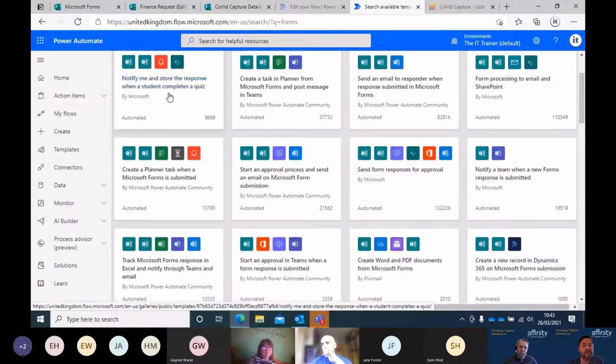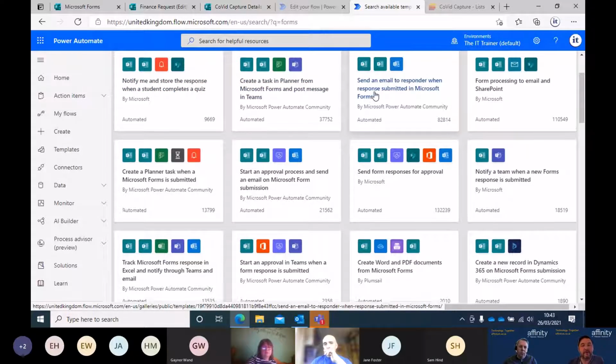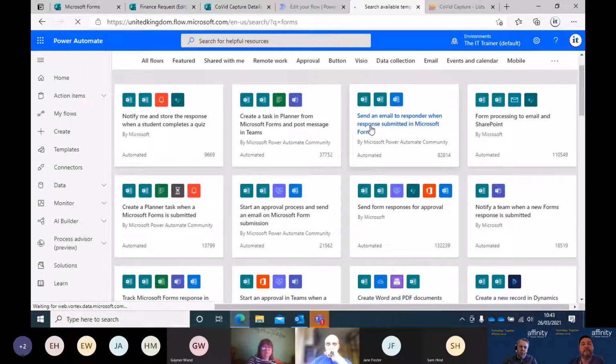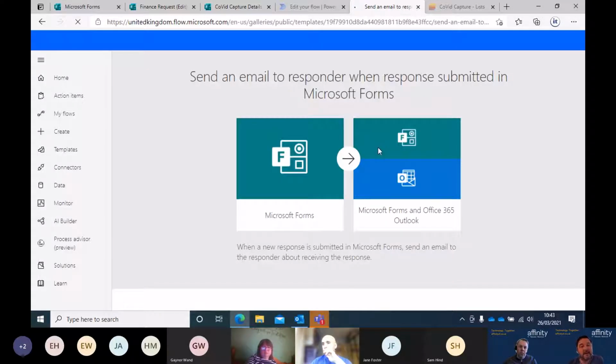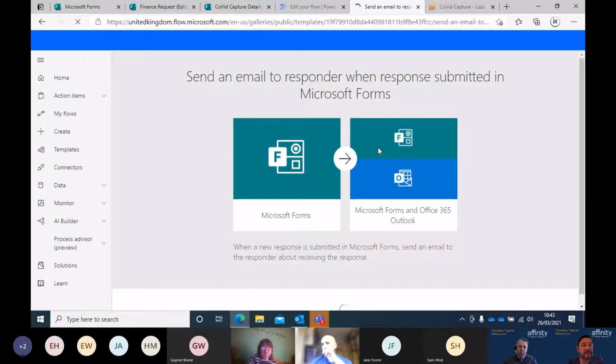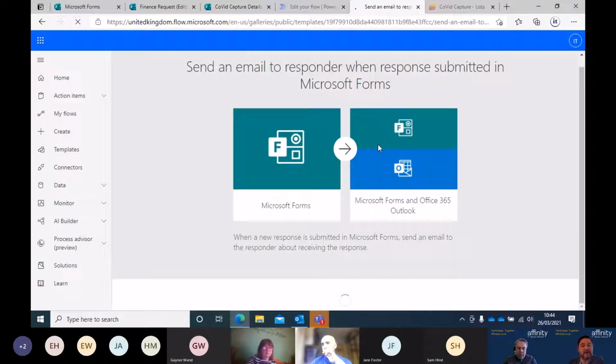Notify me and store the response when somebody completes the quiz. Send an email to the responder. So let's use that one. So when somebody submits their COVID capture information, I'm going to drop them back an email saying, thanks very much, that you've submitted your details, and in 21 days we're going to delete them off the system. So I'm going to use their template, and as I do that, Microsoft's doing a little thing down here of